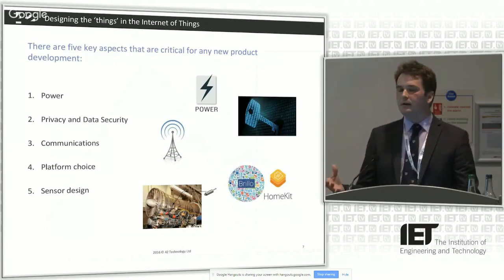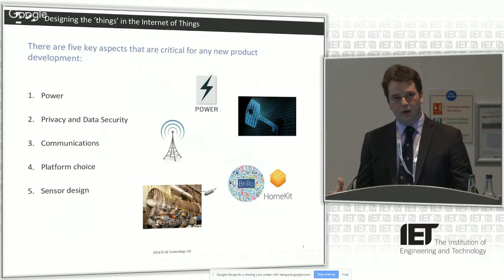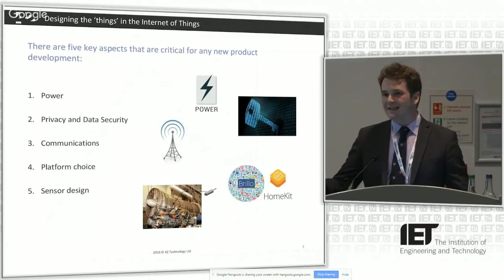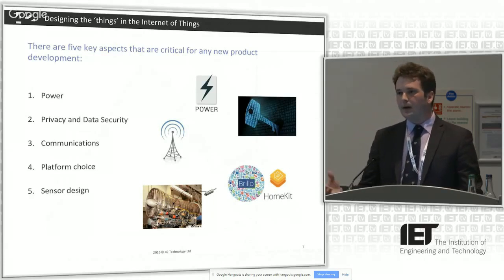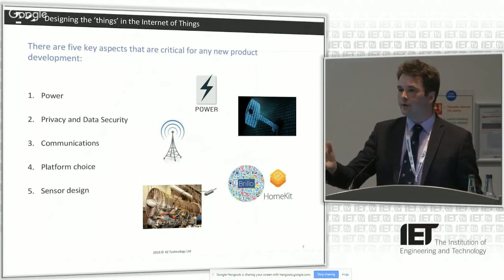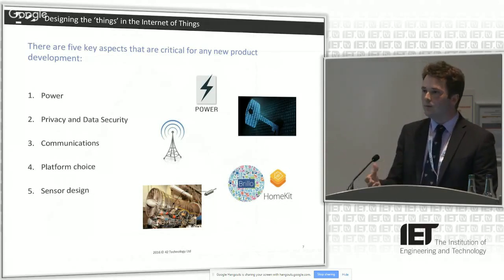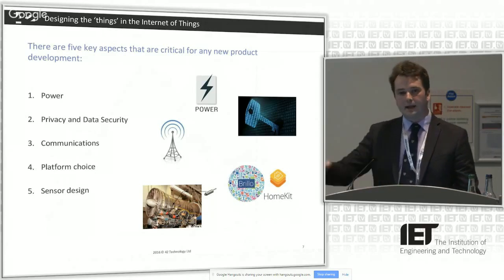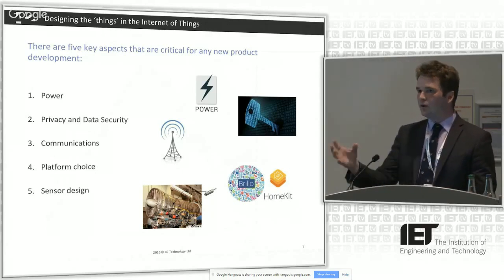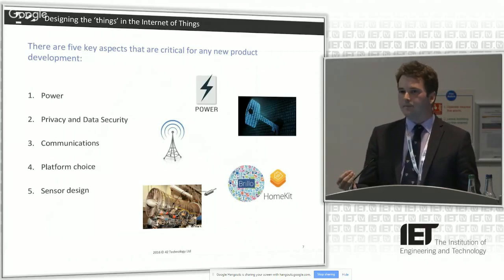But a lot of the future devices that we're going to be talking about are going to be carried around. They're going to be portable. They might be in situations where it's not easy to access them, to give them power. So we could be talking about a device which is sitting on top of a wind turbine, which is monitoring the condition of the wind turbine, what it's been through, what it's doing, and sending that information back to the shore. Doing that in a smart way, which consumes a minimum of power, is very important.